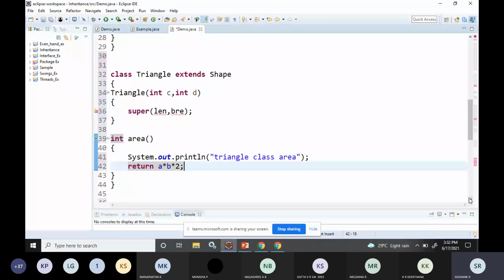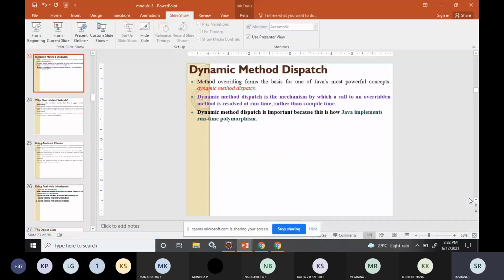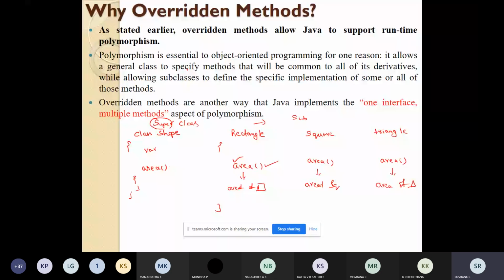Now what I did means I created a class called shape, which has variables, and I created a function called area. And I created two more classes: rectangle, which has an inheritance relationship with the shape class, and triangle, which also has an inheritance relationship with the shape class.